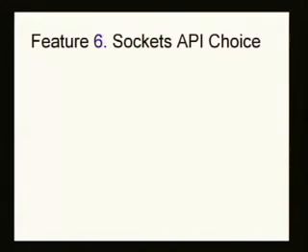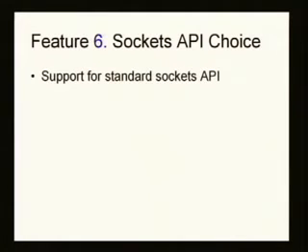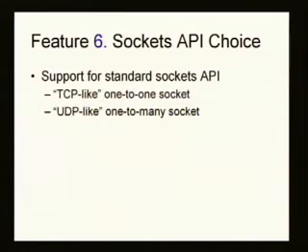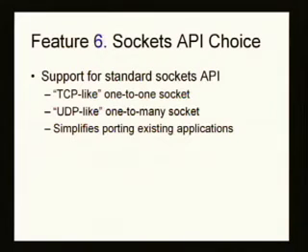So the final feature that we'll look at is SCTP's choice of socket API. So sort of, it might be deemed as uninteresting, but okay, so SCTP supports something looking like Berkeley sockets. So that just means that if I wanted to write an SCTP program, TCP style, I can do it. If I wanted to write an SCTP program UDP style, I can do it. But probably most interesting is if I already have an application that I want to maybe try out with SCTP, porting it is actually quite simple. All it is changing the parameters to the socket call, more or less.